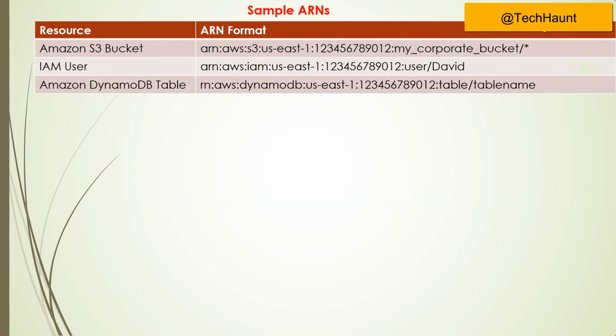So let's see, it's here, so you can see a few of them. Amazon S3 bucket ARN in AWS. That's my AWS, then my S3, then in which region they are, what's their account ID, and their bucket name. So that's how it looks like. Okay, guys, these are a few sample ARNs.